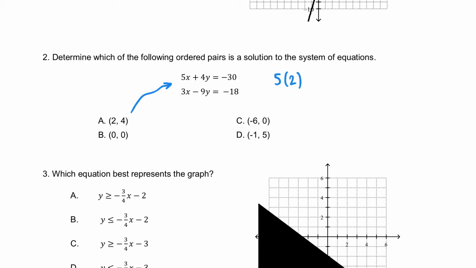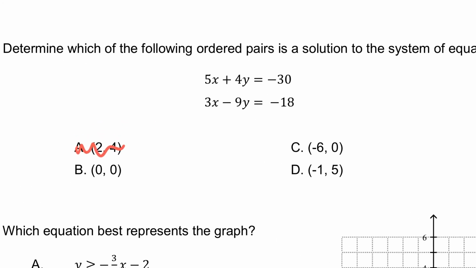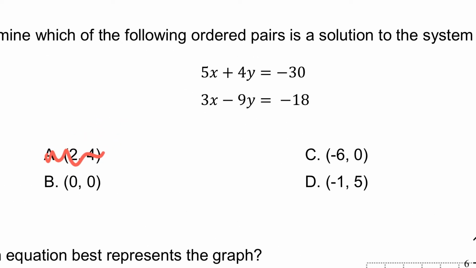So if you do 5 times x plus 4 times y, the question is, is that actually -30? And that would be no, so it's clearly not going to be A. So that's one potential way to do it. I think just for the sake of actually solving out the problem, we can just solve this. So if I was going to solve this problem, let's see, what would I do? I would probably do